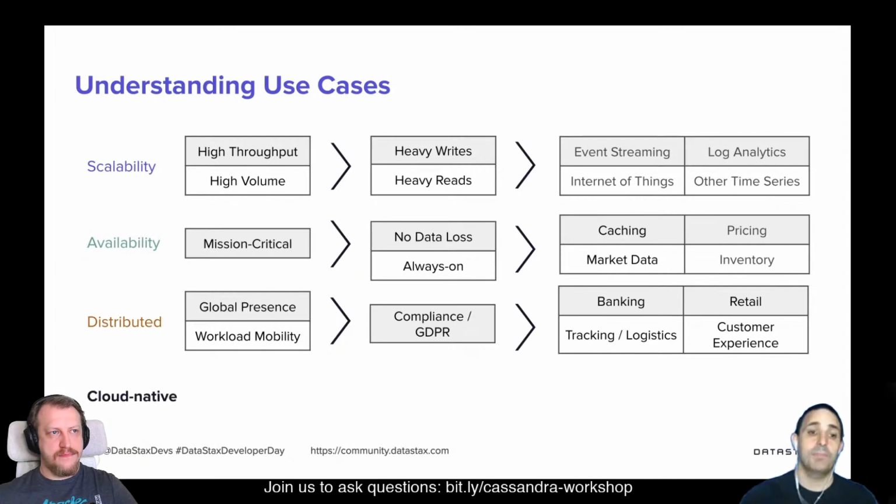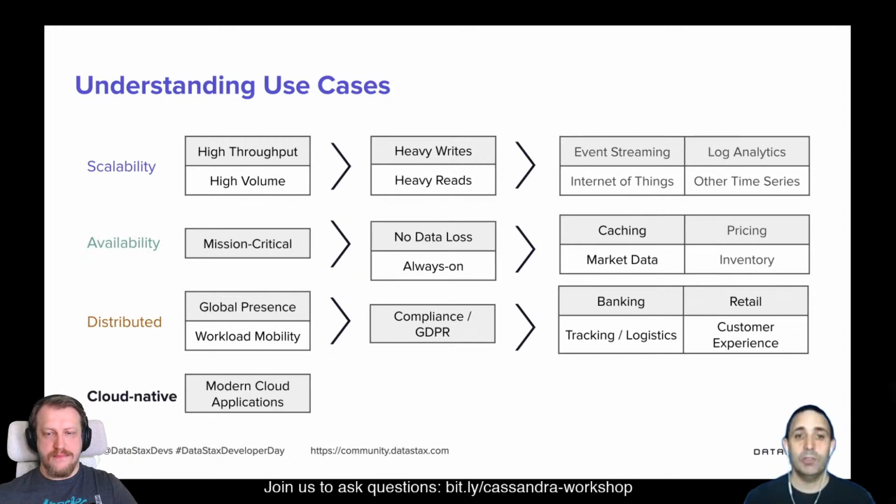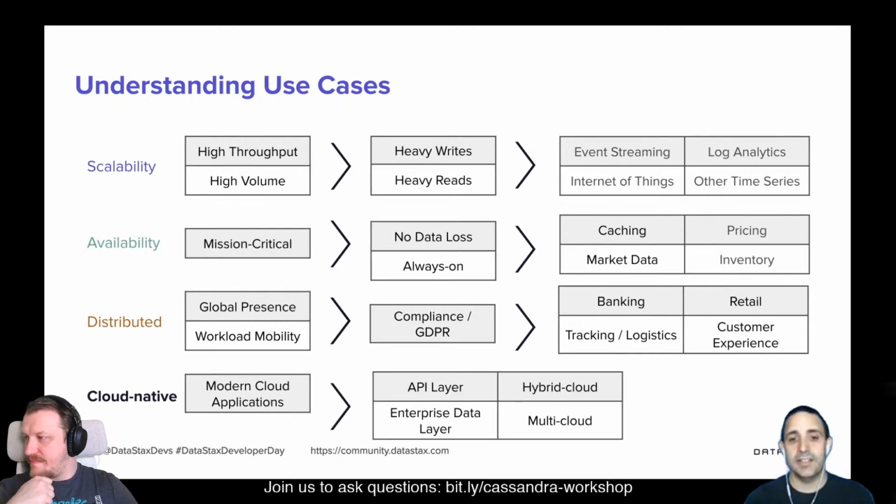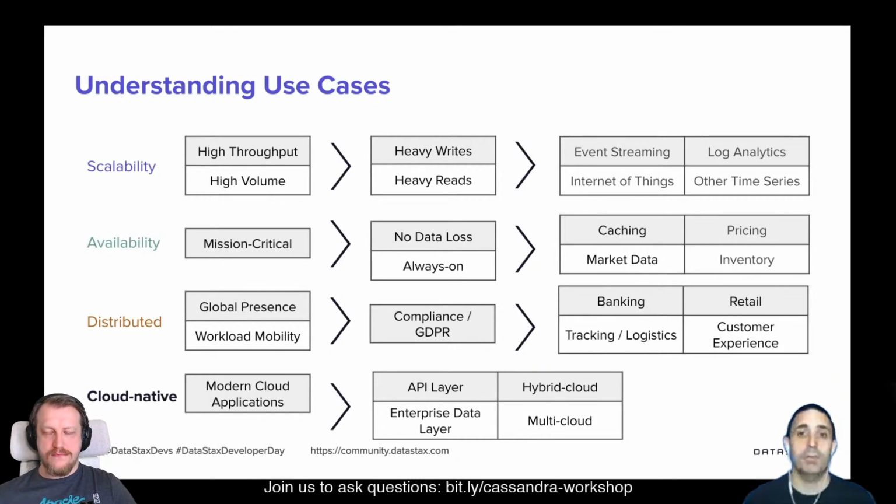And last but not least, cloud native. We told you that we are using small nodes, commodity hardware. The network is not a big deal. We will go as fast as the network can go. So you can already install a multi-cloud or hybrid cloud configuration. And once everything is on the cloud, you will access it through an API layer. And we told you before that the driver is very clever. It's pretty easy as well to implement a REST API, GraphQL API, gRPC API like Netflix on top of Cassandra.